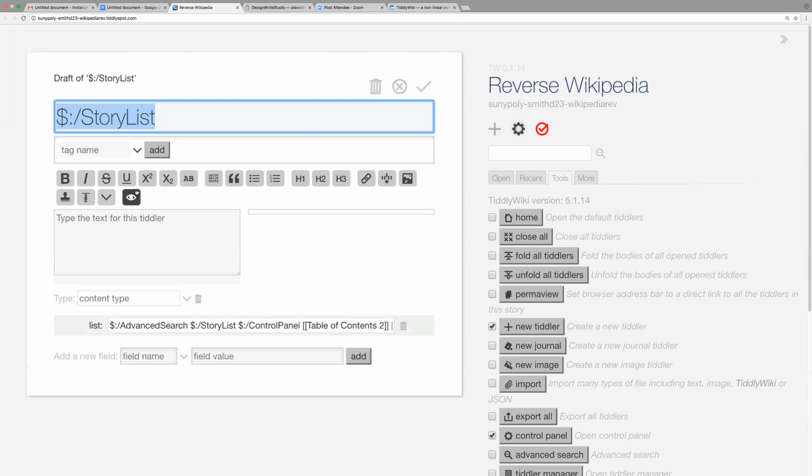Okay, and in the list field are all the tiddlers that are currently open or on the story list. So if you begin to mess with this, especially if you decide you want to build a game or something interactive in which people are working through, you might have to play with the story list. None of the stuff I work on calls for that, but you guys are going to build things that are way bigger and better than what I built.